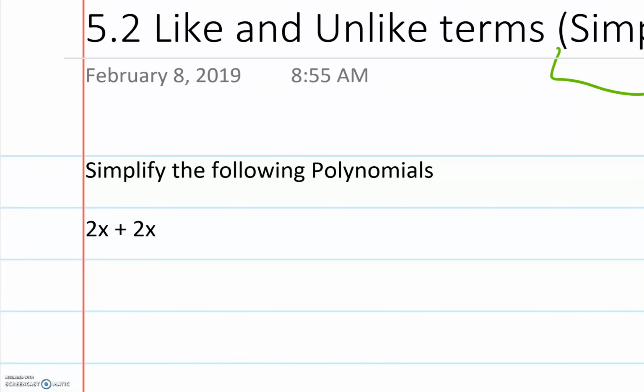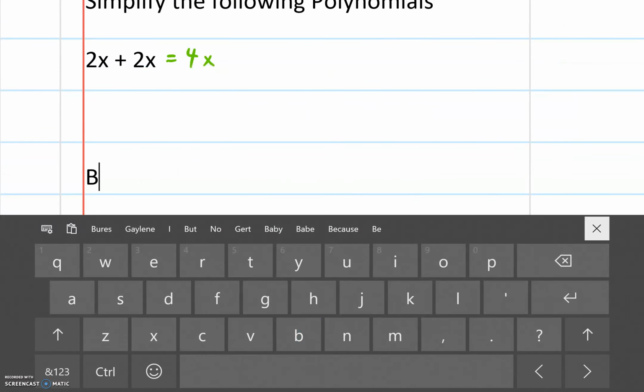coefficients. And again, the word is in the last video. So the coefficient is the 2 in front of the x, the number in front of the x. So 2 plus 2 equals 4, and we need to keep the x the same. So basically another way to think about it is that